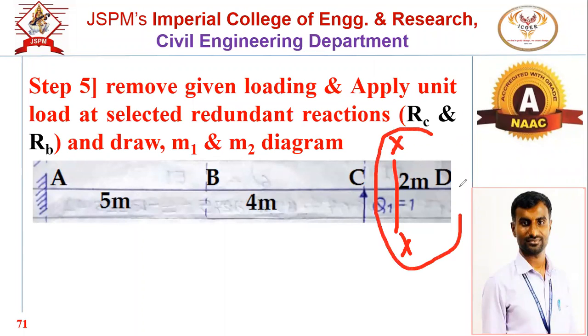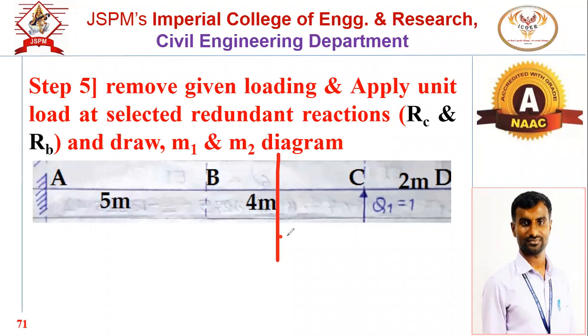On the right portion, no load is acting. So for the first zone, it will be 0. Next, in between CB, x is the distance from the origin. And this is the load. What is the perpendicular distance? This is the perpendicular distance. So 1 into this distance will be how much? Here, tell me how much the distance will be.